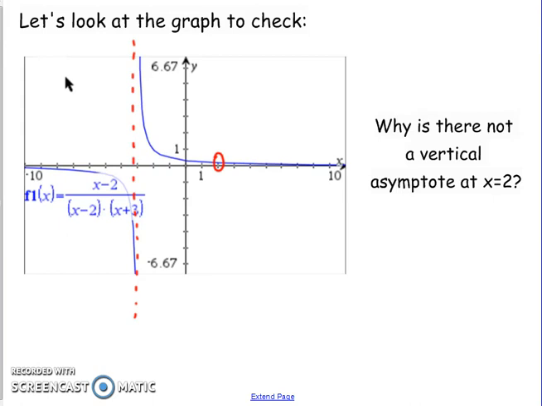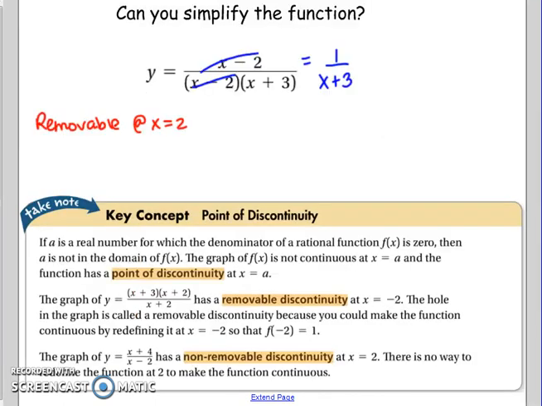So at 2, it's undefined. So this is going to represent a hole. And the hole is actually a point. So the point is not actually on the graph. That's where we're going to have our hole. So we're literally going to draw an open circle at a certain point. And to find the value of that point, we're going to take the x value that was removable, which was 2,